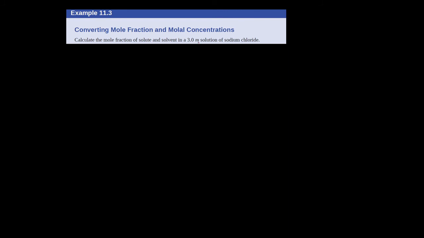So last question here. Calculate the mole fraction of solute and solvent in a 3 molal solution of sodium chloride. So again, the lowercase m here, that is molal, not molarity. Molarity is uppercase M. So what this is telling us is that we have 3 moles for every kilogram of solvent in this solution. And they also tell us that we have sodium chloride,